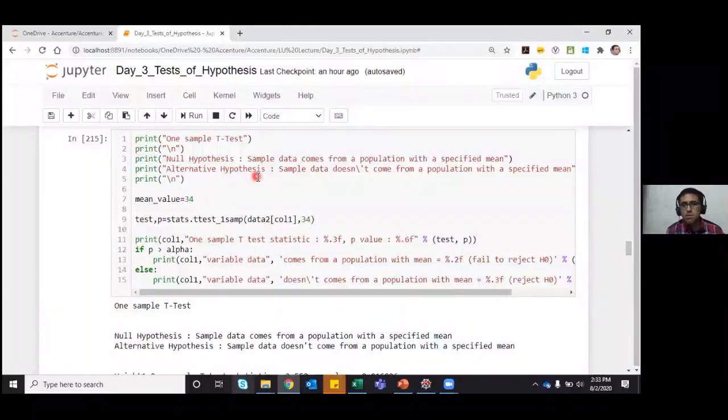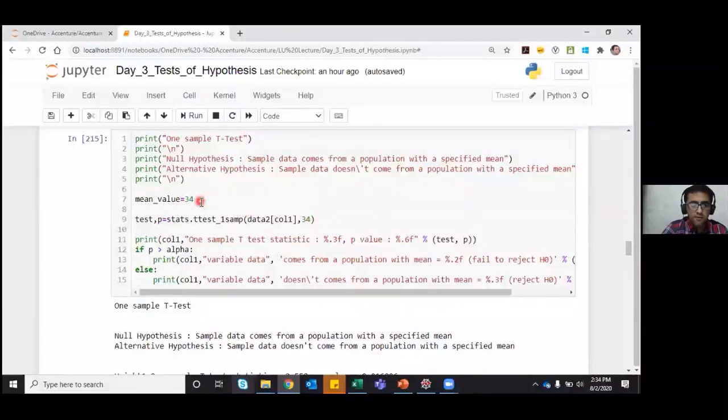So I can assume that the mean age is around 15 or around 20, something like that. So I can just test with a one sample t-test for that, where I can specify the mean.